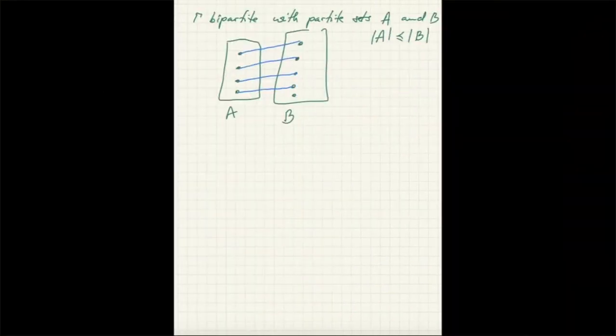So in the bipartite graph, we're interested in a matching that saturates all the vertices on the smaller side. And why is that? Well, that's the best you can hope for, because